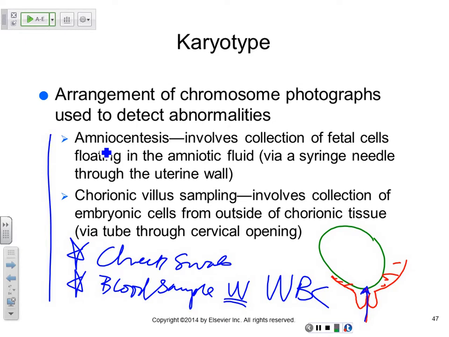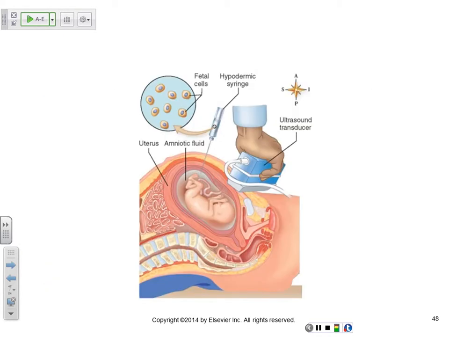Oh, my thing is not working anymore. So I've got to do it here. All right. Oh no, I went backwards, I'm sorry. So this is just a picture of the amniocentesis showing that you would need ultrasound, okay? And the other one, chorionic villus sampling, would go through here. And you see this membrane outside? That will be the chorion. And this will be the uterus. All right? And then the chorion will have, of course, its fetal cells, so you can tell whatever condition the fetus has, and so forth.